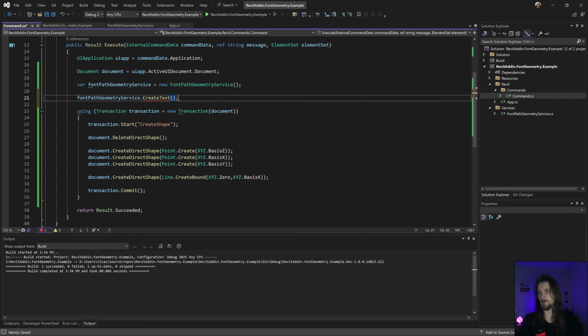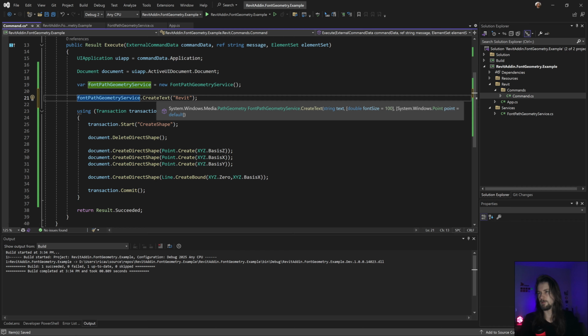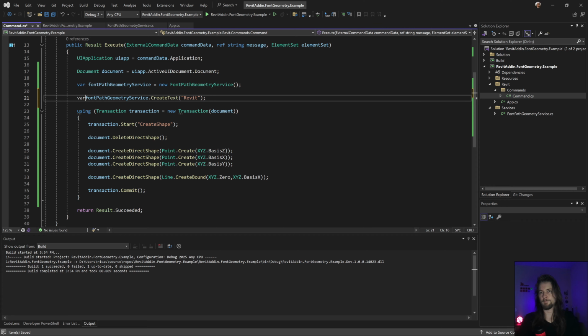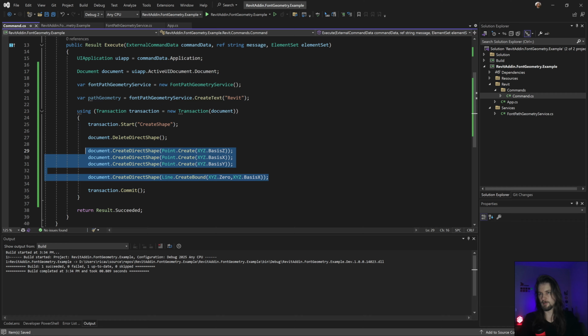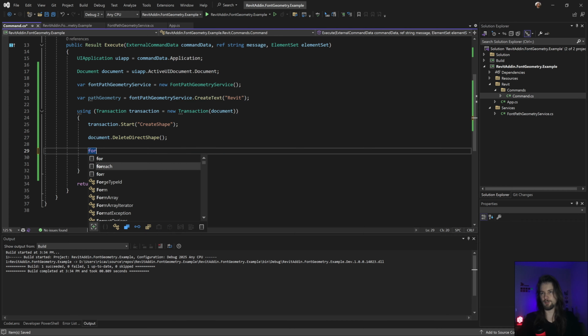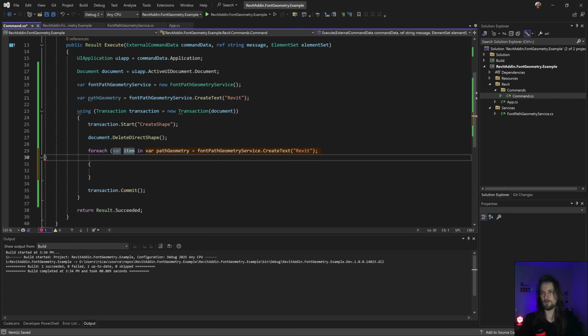That's an okay way to do it. And I'm gonna create a text saying rabbit. Could it be okay? Var, what's this exactly? Okay, path geometry. Great.